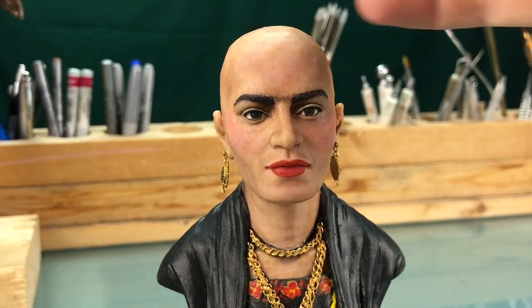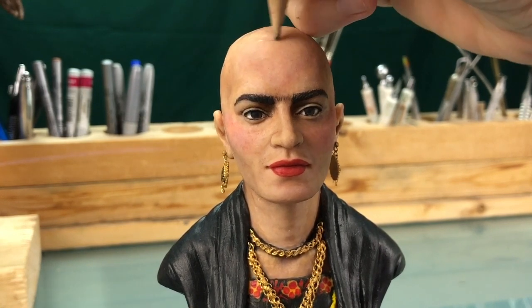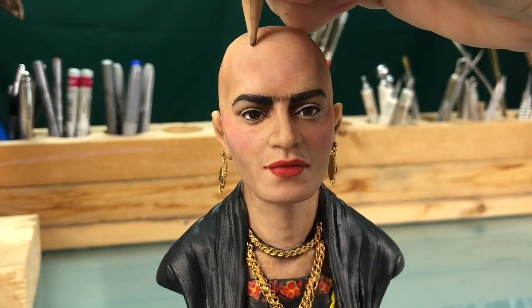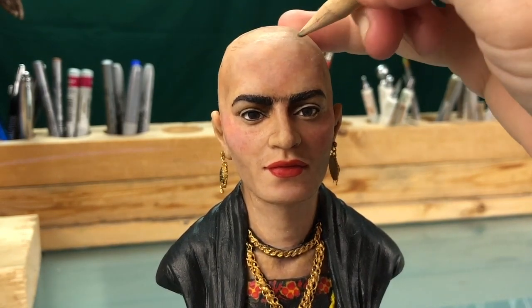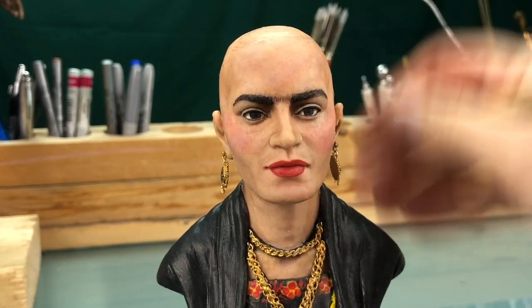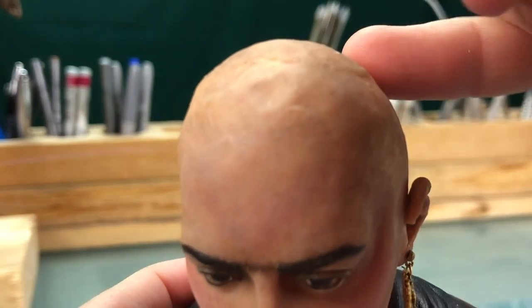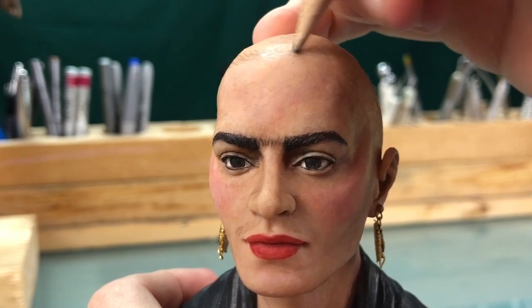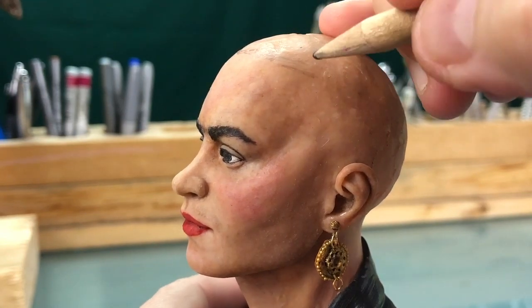Okay, now we can keep on going with the pencil just because it's easier to draw, and we can follow the picture. And I like to go and do the hair direction with the pencil around. I don't know if you guys can see the marks. Let me get closer. There. Can you guys see it? Let me make it darker. This is a light pencil. I'm going to follow